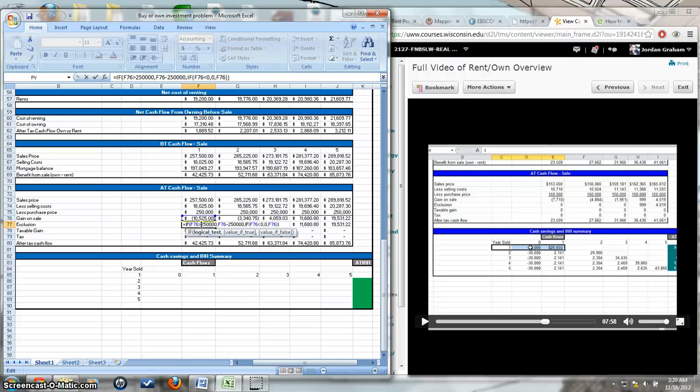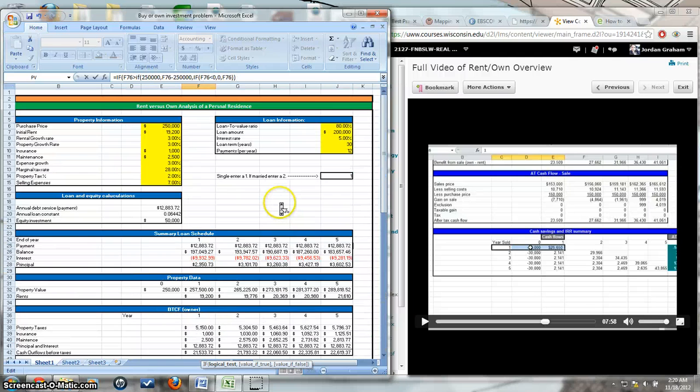So it's going to be simply if the logical test, this box equals 1,